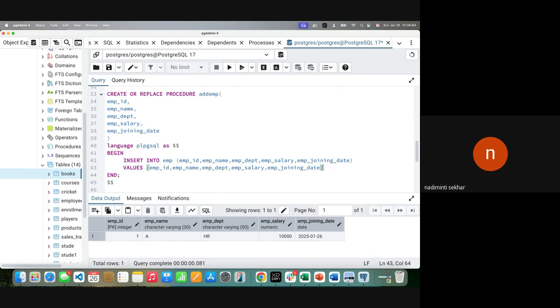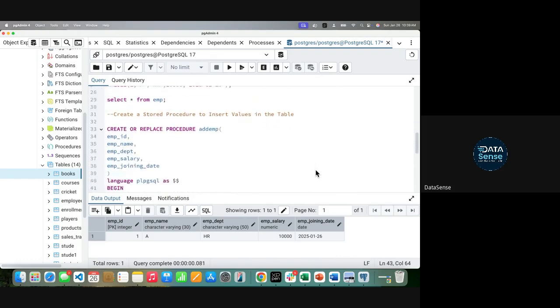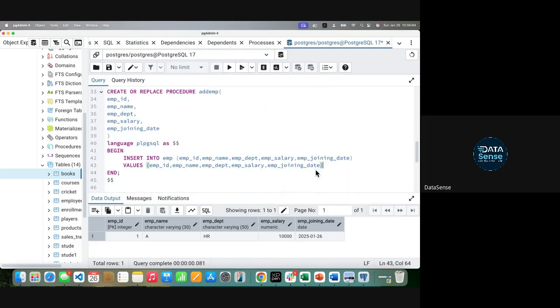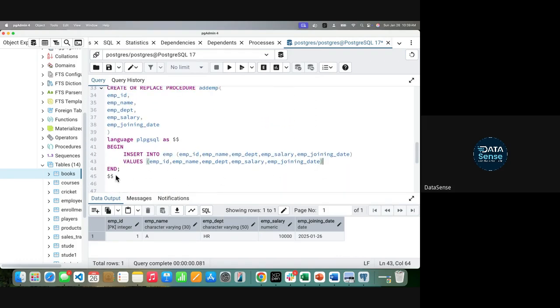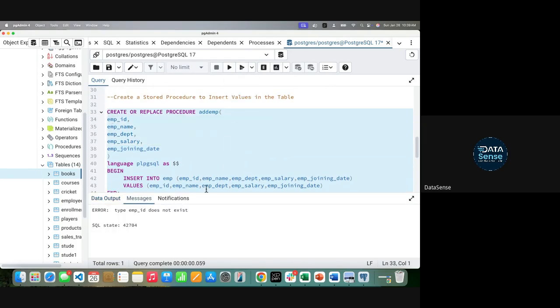Create or replace, they're the same. I'm just checking if I have entered anything incorrectly. Create or replace procedure. Type employee ID does not exist.